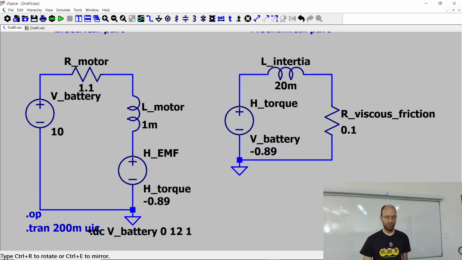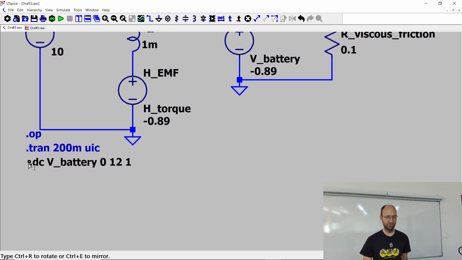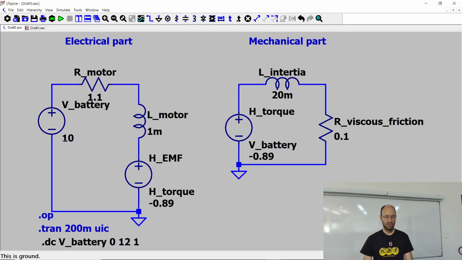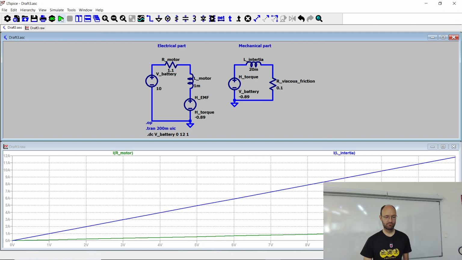Okay, and if we do so, we get another simulation command. Yeah, a DC sweep of this source going from 0 to 12 in steps of 1. And if I run,